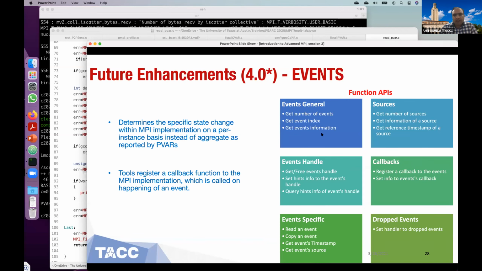For this, there are a variety of functions supported. For example, events general, like you can find out how many events are supported, what are the indexes, and what are the meaning of those events. Then we can also get who are the sources of those events, who are calling those events, whether it's hardware or software entities or some other piece of code.